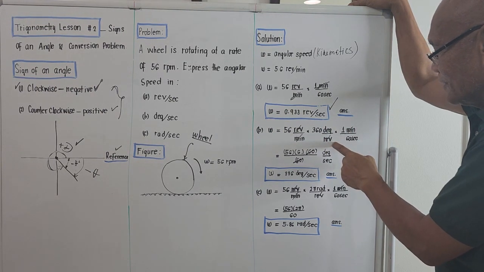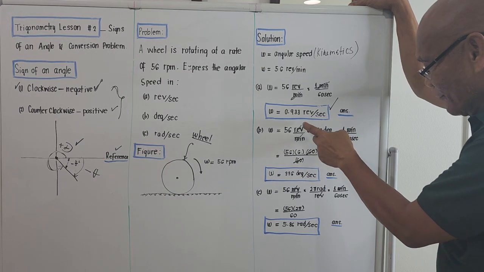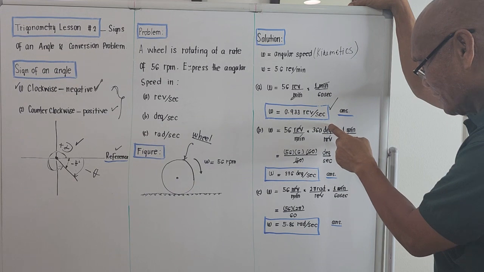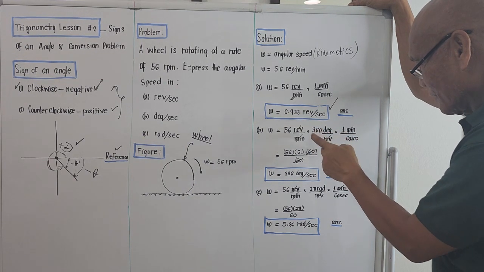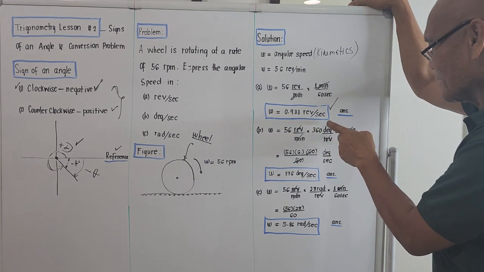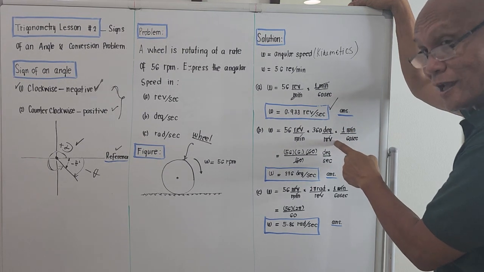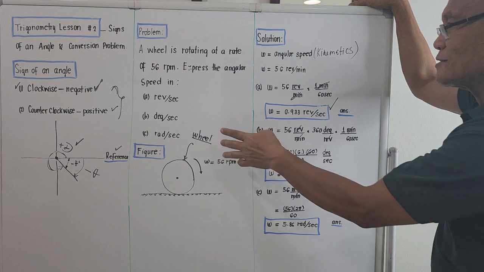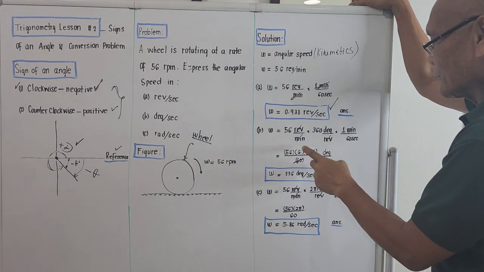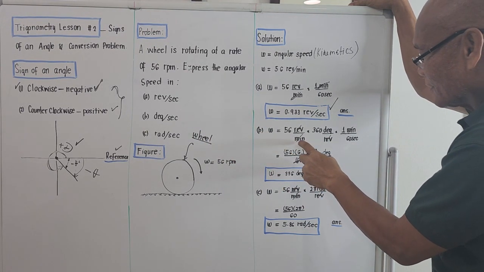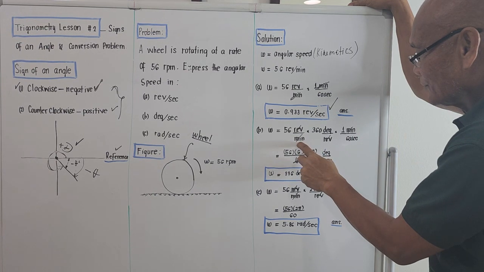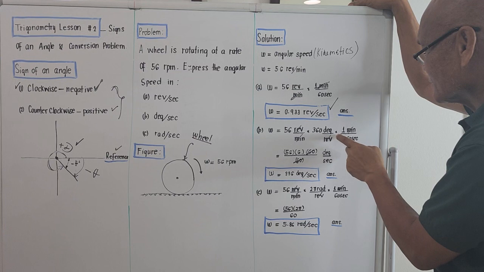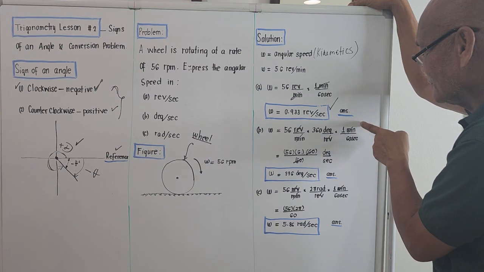My motto here is to eliminate this revolution here. So I must bring out the relation of degree and revolution to eliminate this revolution. That is 360 degrees per revolution. That's a fact, right? But the problem is asking to be in seconds. So I will try to remove this minute here. And to remove this minute, the minute should be on the top portion, on the numerator, times 1 minute per